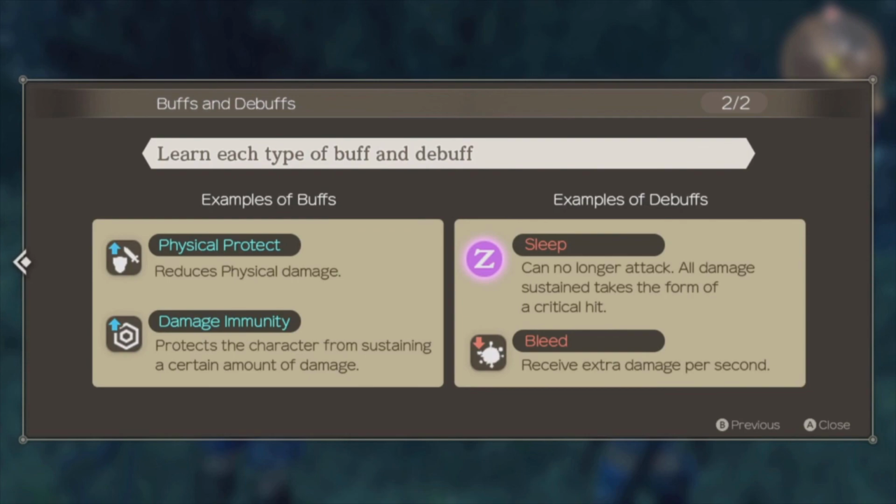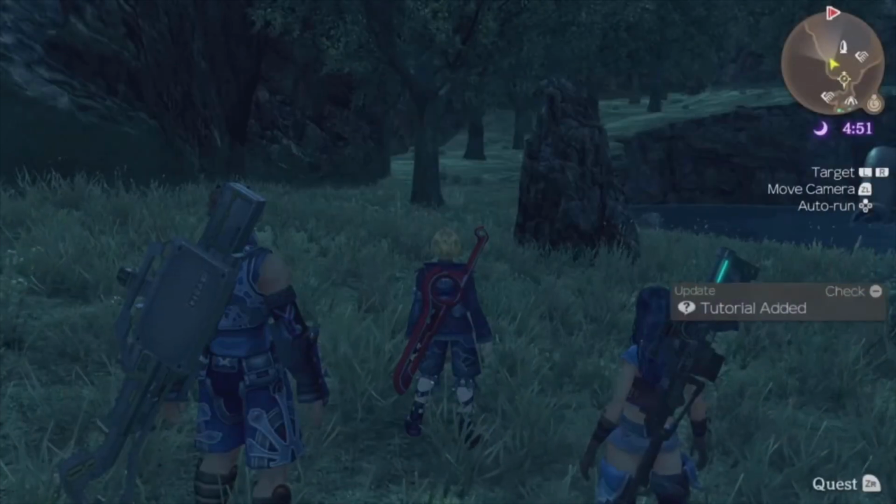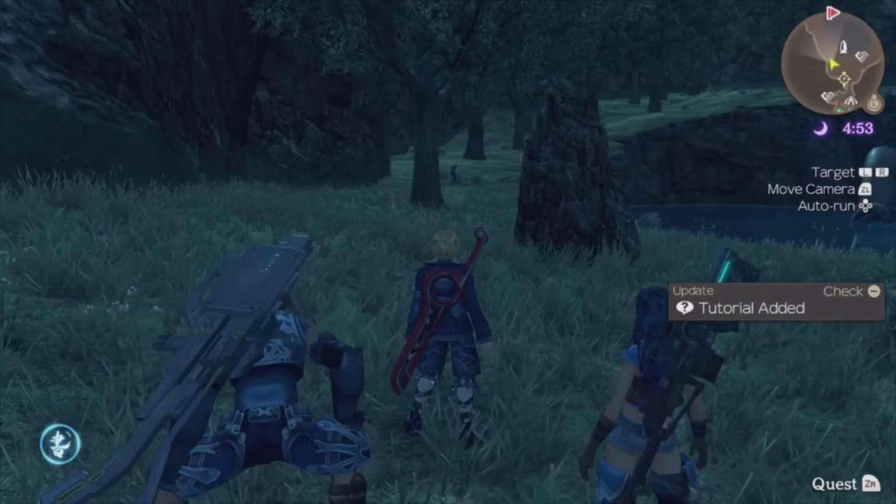Physical protect, damage immunity, sleep, bleed. Ooh, you take all hits or crits on you when you're asleep. That's good. All right. Let's